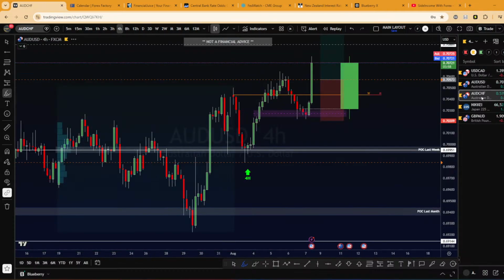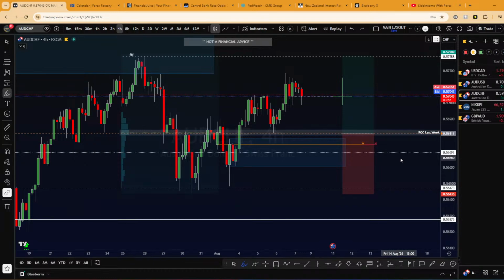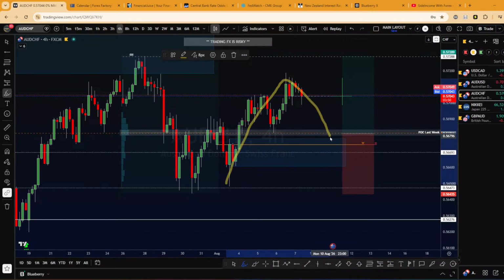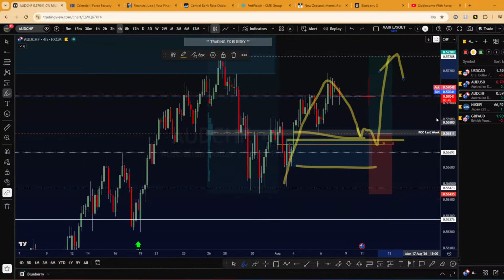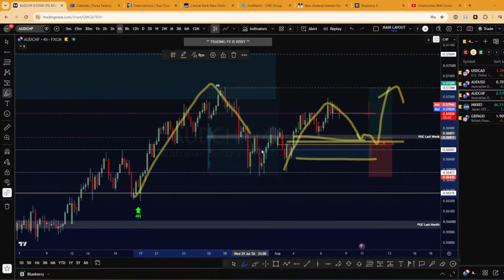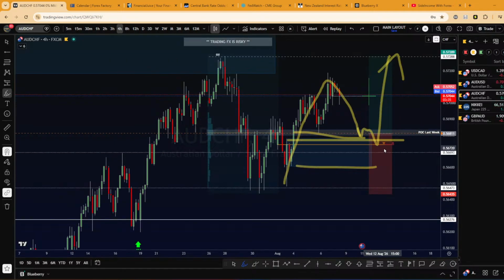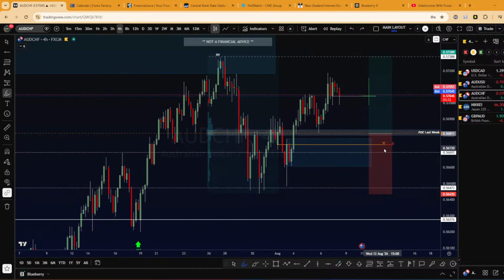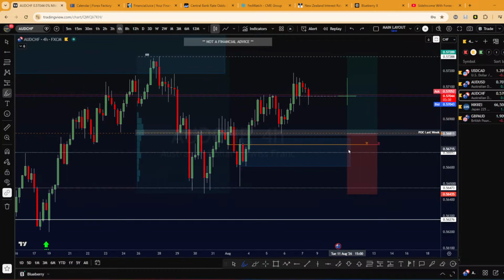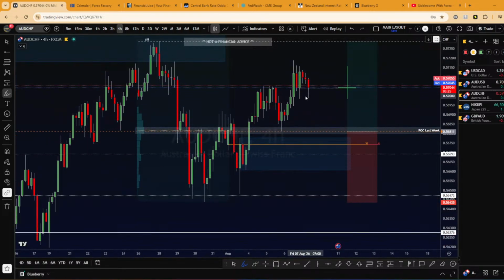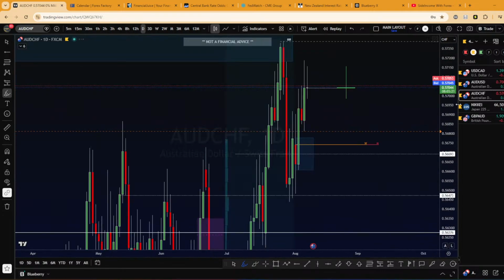Aussie, I talked about it. Aussie CHF is more like a long-term trade where I want to see price retrace around here, somewhere here, before entering. I'm still bullish because the trend is bullish, as you can see. So I'm bullish from this low to this high on the 4 hour time frame. For me, I just want to see a bullish setup. So let's see on daily.